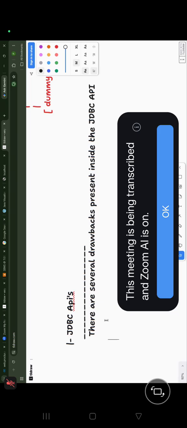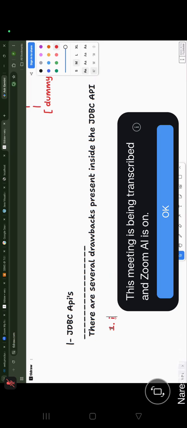Let's see them one by one, and how Spring JDBC resolves those drawbacks. So let's start. Everybody concentrate here. The first drawback is that JDBC API provides